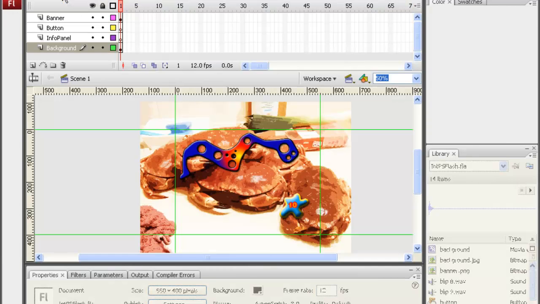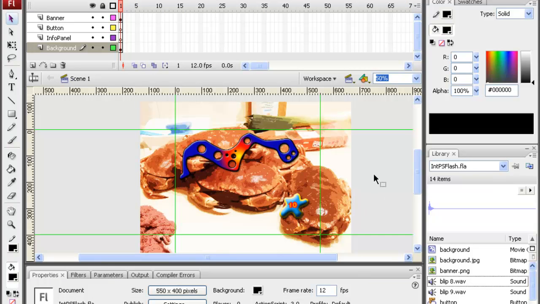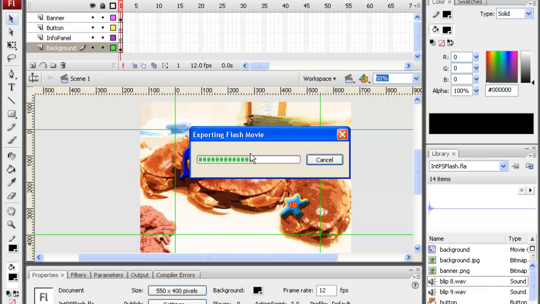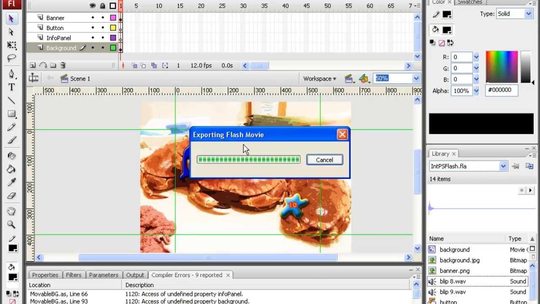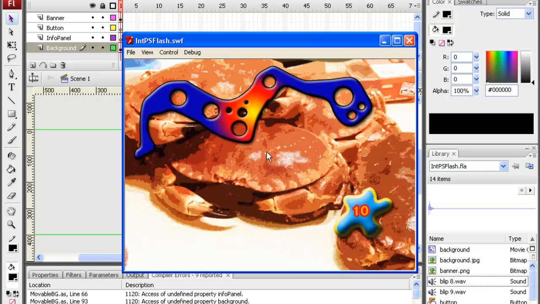So let's see what happens. I've already applied that, and saved it, and we'll have a look. Okay, there's a lot of errors. Why? Because